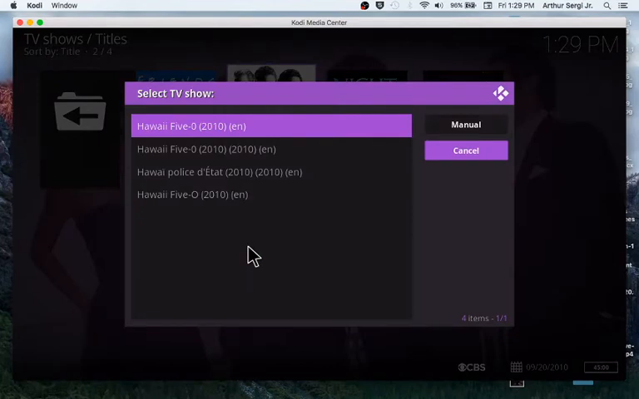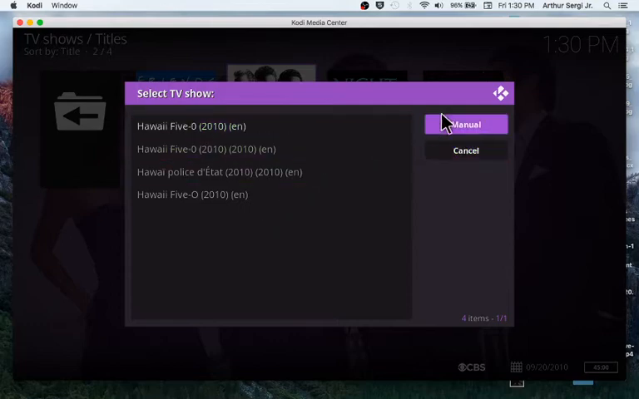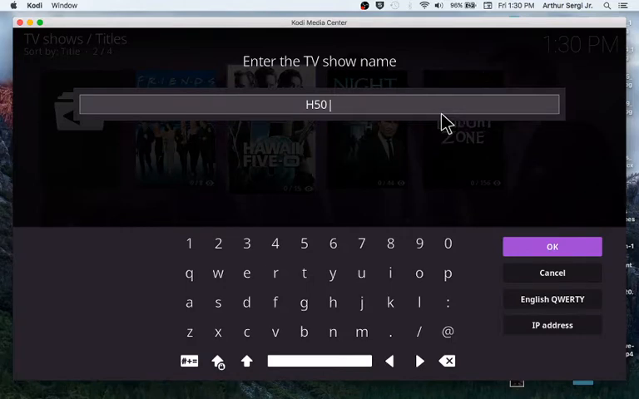Now it's picked up a listing of TV shows it's pulled from the internet. This is what it did originally. It pulled the very first one in the list. Now, the original series for Hawaii Five-0 isn't present. What do you do? So you go to manual, and we're going to type in